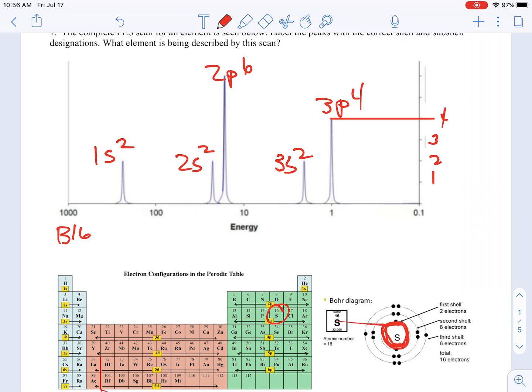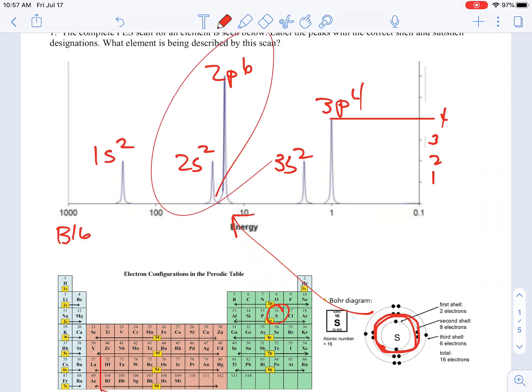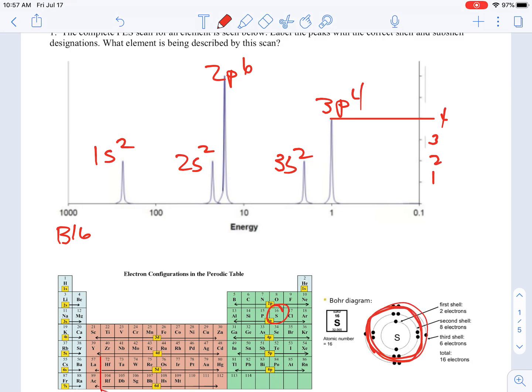So once again, your first energy level here that's closest to the nucleus, that's going to be your hardest electrons to remove. Then your second energy level here, there are 8 of them. That's going to be the next hardest to remove, the first easiest to remove, I guess. And so that's your 8 here, right? 2 and 6 is your 8. And then finally, your valence shell here is the easiest to remove, and there are 6 in the valence shell. There are 6 in the third shell, and that 6 is here. 3s2 and 3p4 get us our